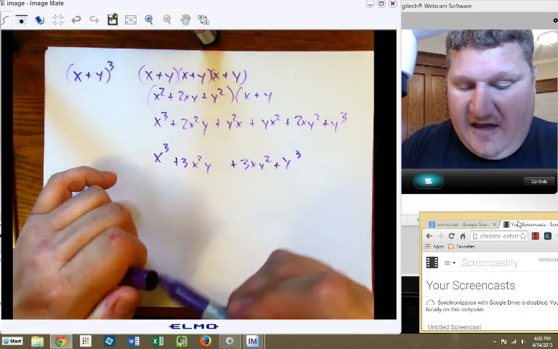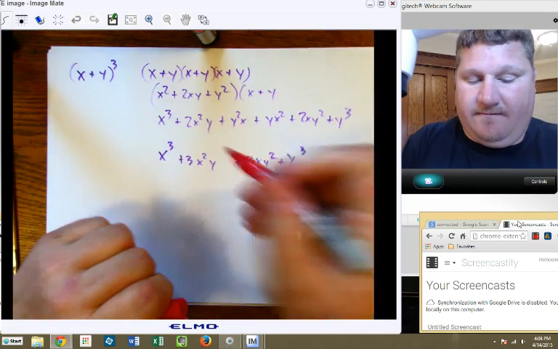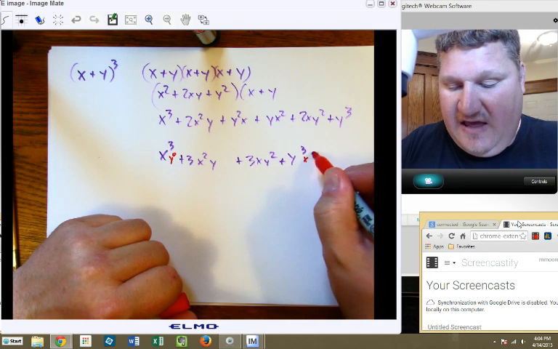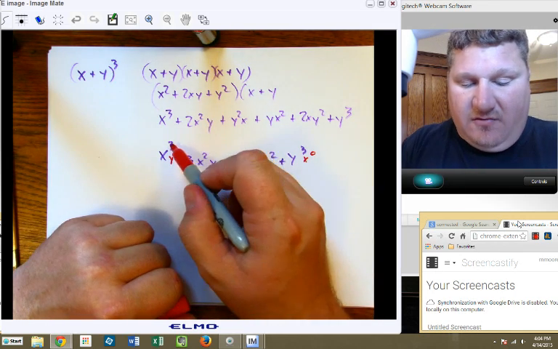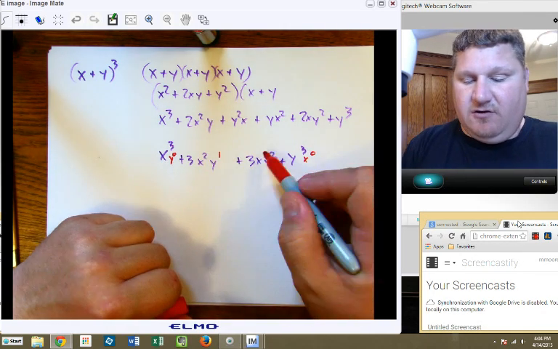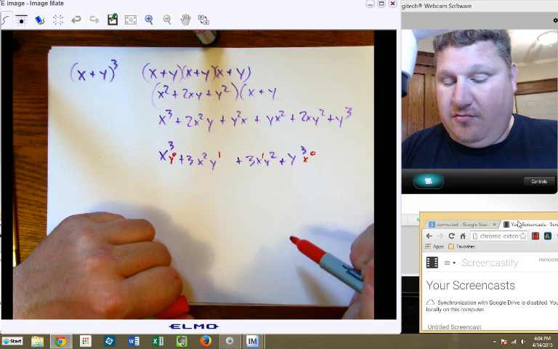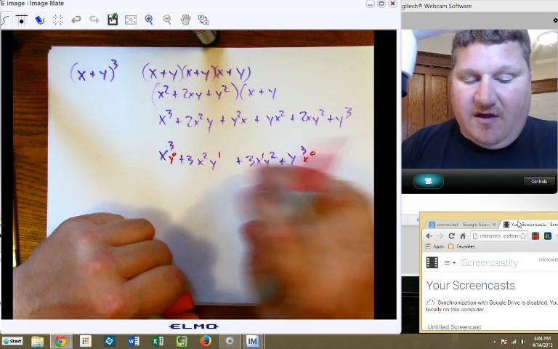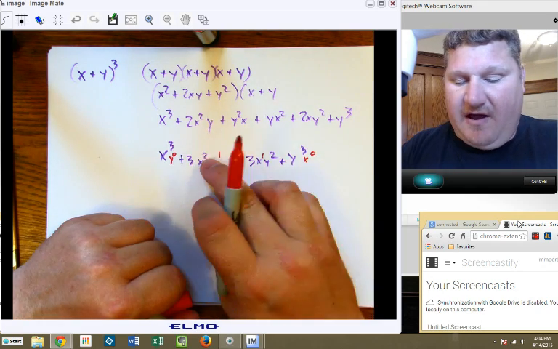Because what I really have is a sneaky y to the 0 here, or a sneaky x to the 0 here. 3 plus 0 is 3. 2 plus sneaky 1 is 3. 1 plus 2, 3. 3 times 0, or 3 plus 0, 3. So we end up with always the power of 3 because